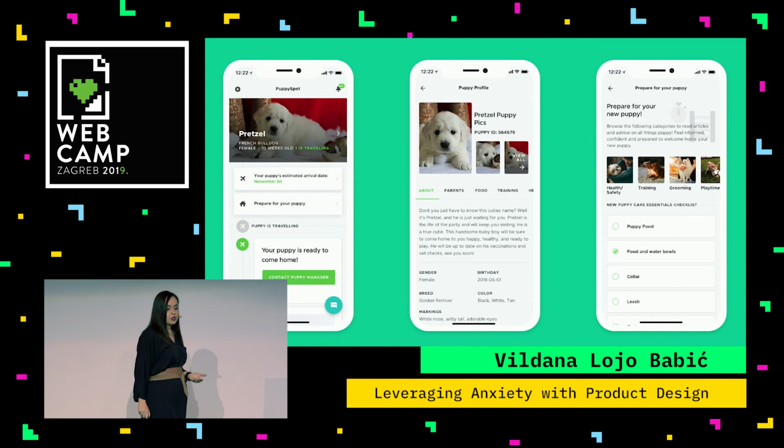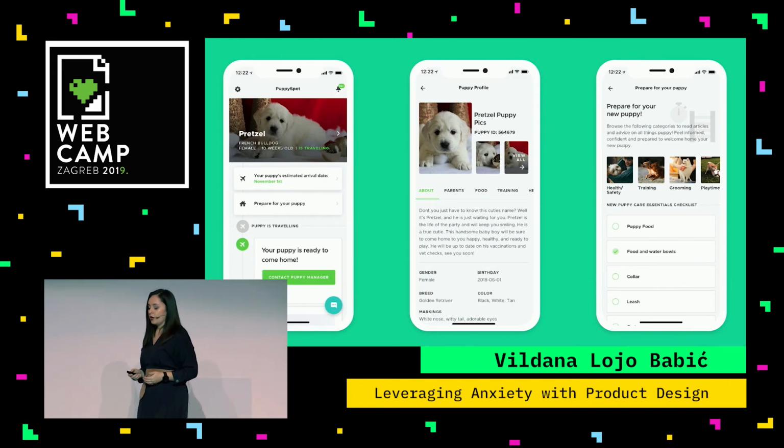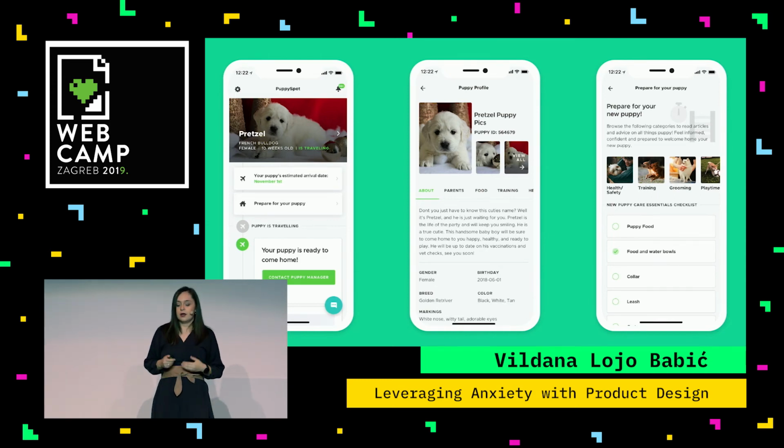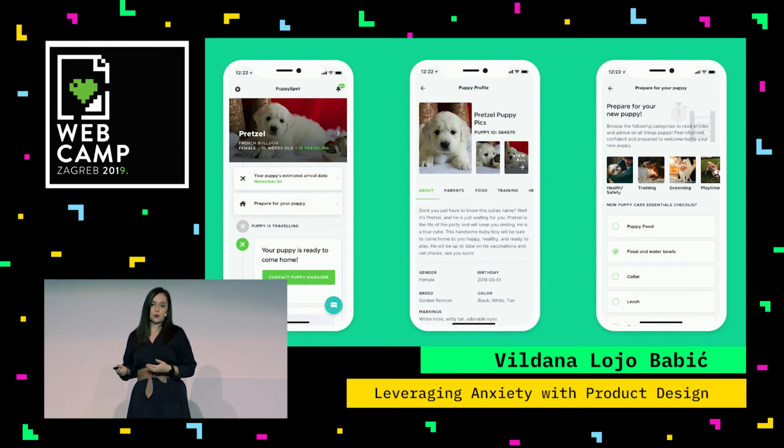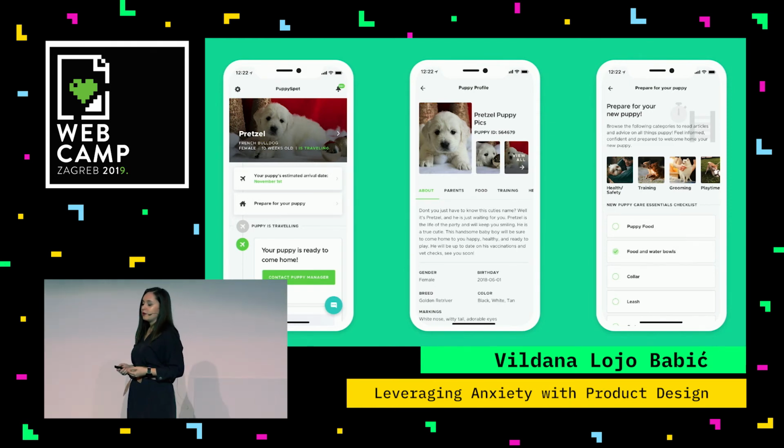And we solved this issue by providing an app or a solution with elaborate notifications and a live feed, which could always indicate to the puppy owner what is happening to their puppy. We also facilitated features for future puppy owners to prepare for their puppy and to make everything ready for the arrival. And we also enabled and dedicated the basic milestones that a puppy needs to achieve in order to be able to be adopted and to come to their home.